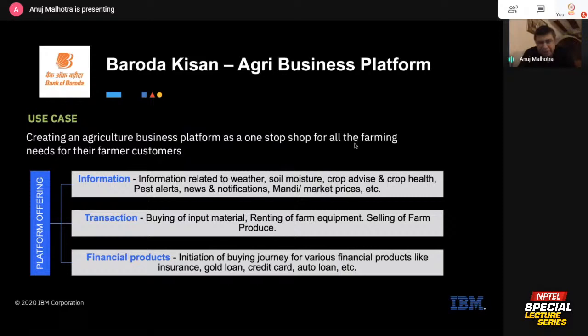Doing this at an India scale for the farmers would be a great place to go, so that all the middlemen are eliminated. They get the best price for their produce, and they have everything that they need in terms of advice of what to plant, when to plant, what is the weather impact, all of that. I think that's an area to go, right? So that's another place that we can look at.